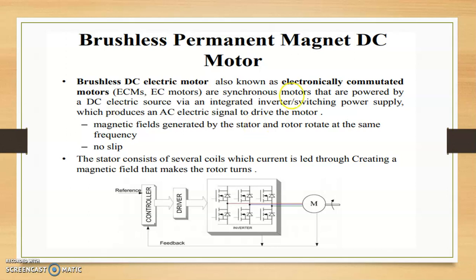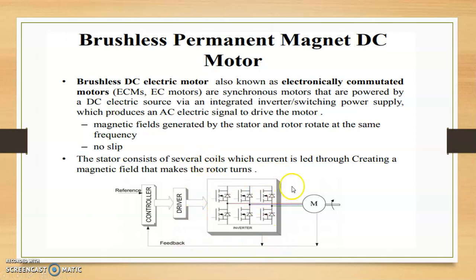Here the given DC input is converted into alternating flux by using the electronic commutator, and then it is fed to your BLDC stator winding. In the block diagram, we have a controller. This controller may be a microcontroller or use pulse width modulation techniques like vector control, space vector control or simple PWM pulse generating control, and that is given to the driver. The driver circuit generates the pulses, and those pulses are given to the inverter circuit.